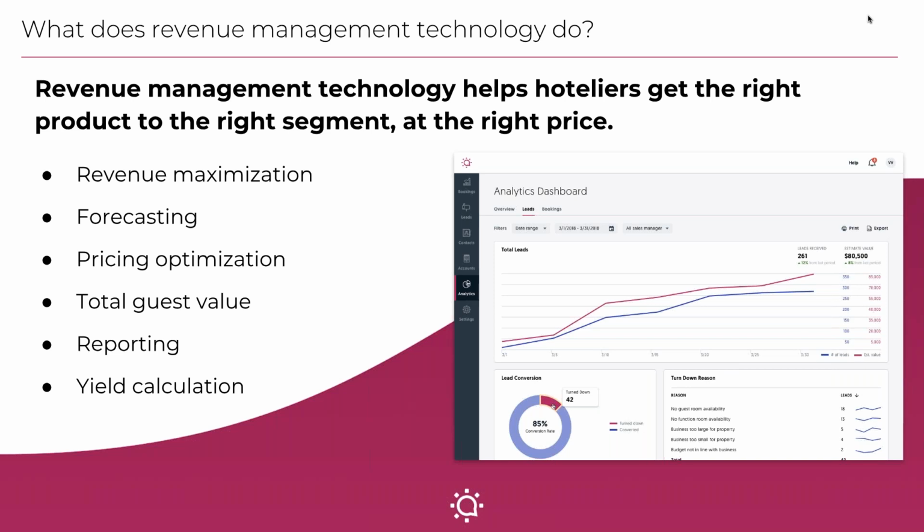So it's really easy to get sucked into the "I want to book everything that comes in the door that we physically can accommodate." And tools like this help you take a step back and make sure that you're booking the right business at the right price on the right day, which is just a little bit more complex. So the more you can have tools that help you understand why this is a good piece of business,